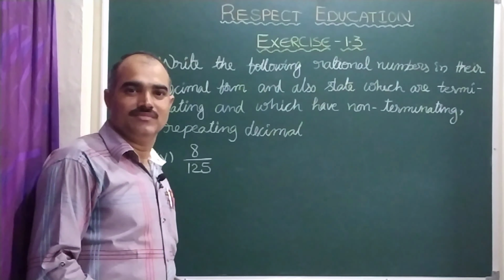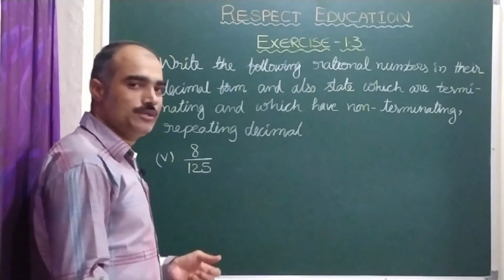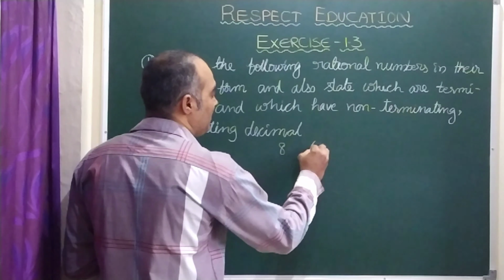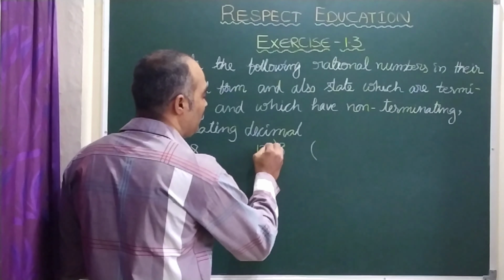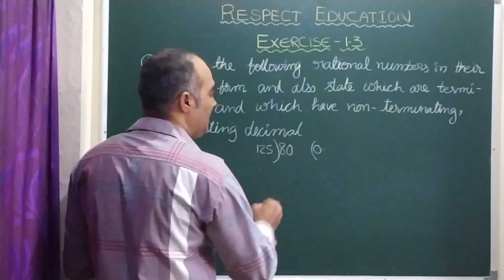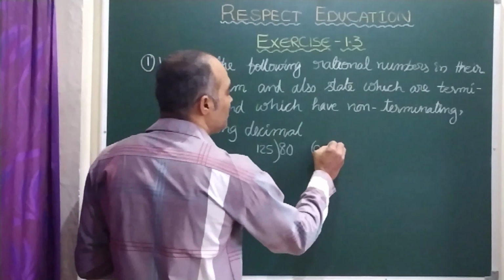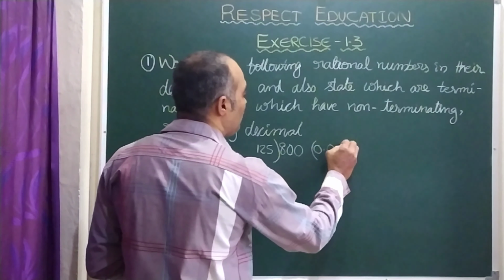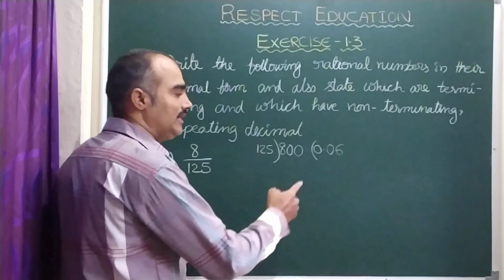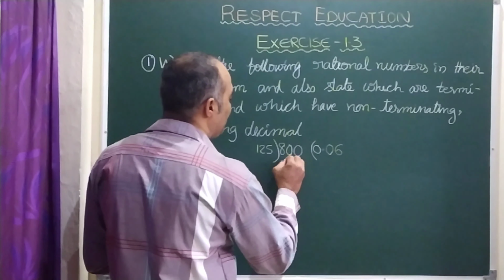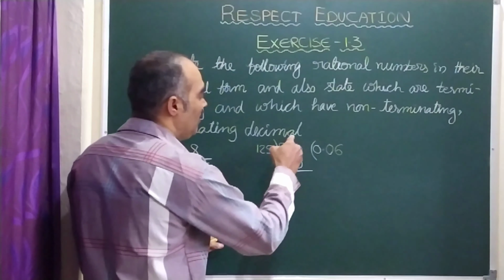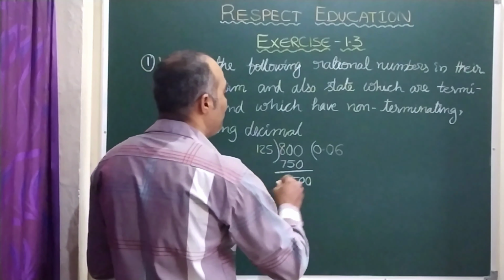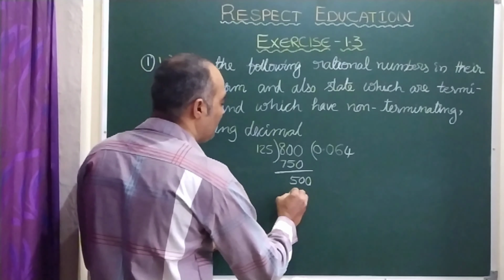That's all, children. Let us see the next bit, that is the fifth bit, 8 by 125. So here let us divide 8 by 125. Here 0 point, here it is 80, still 80 is smaller than 125, so let us take one more 0, here this is 800. So if you see here, 125 you can take 6 times, so it is 6 times 125 is 750, right? On subtracting, you will get 50, and because of this point here, 500. So here you can take 4 times 125 is 500.